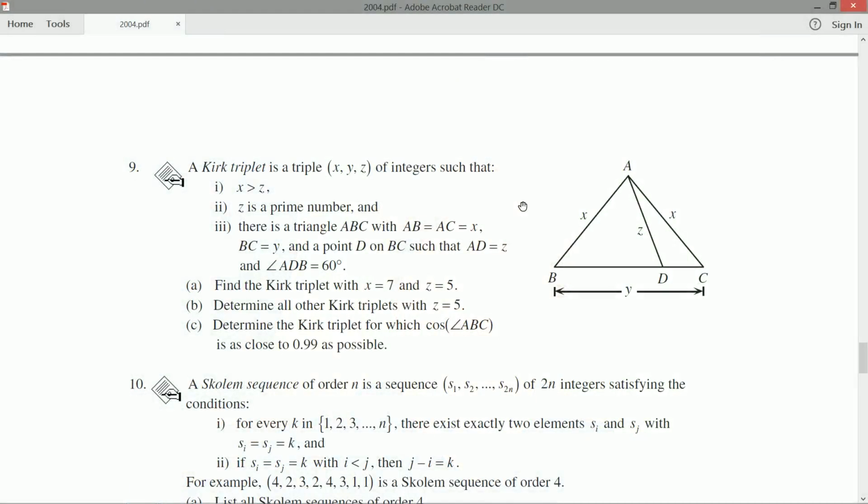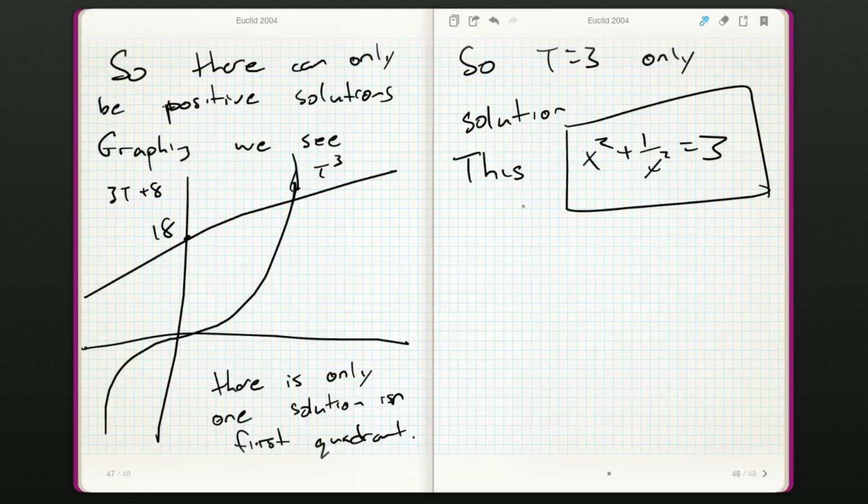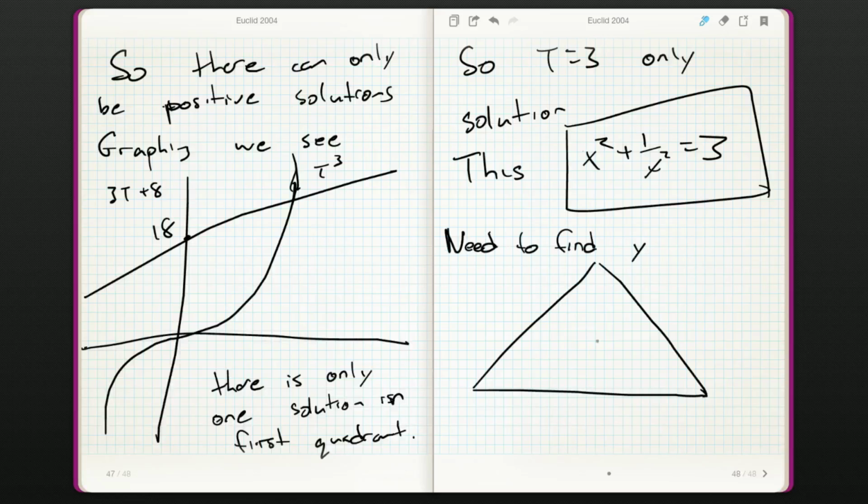A. Find the Kirk triplet with x equals 7 and z equals 5. Okay. So the only thing we're missing is y. So we need to find y. So y is down here. Z here. We've got 60 degrees here, even though they didn't label it in the picture. X and X. And so in this case, we've got 5